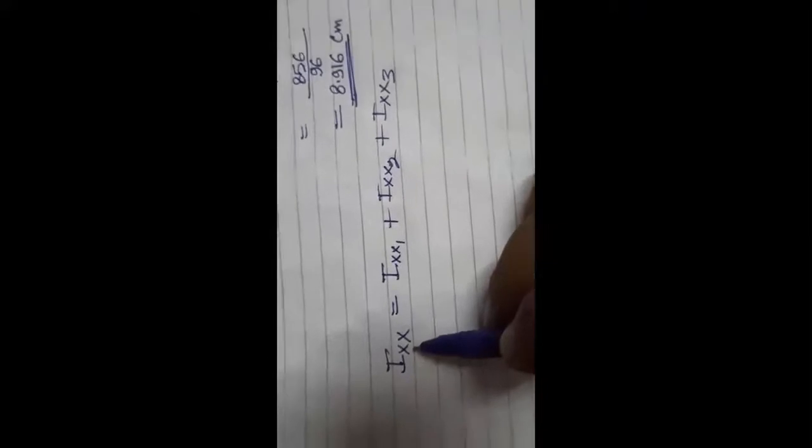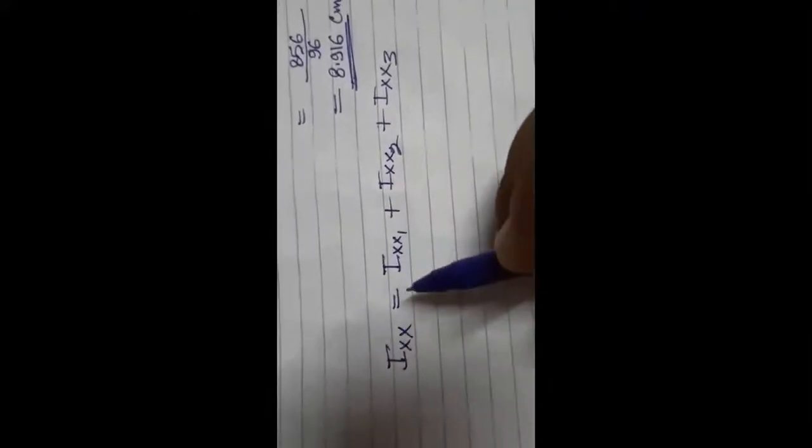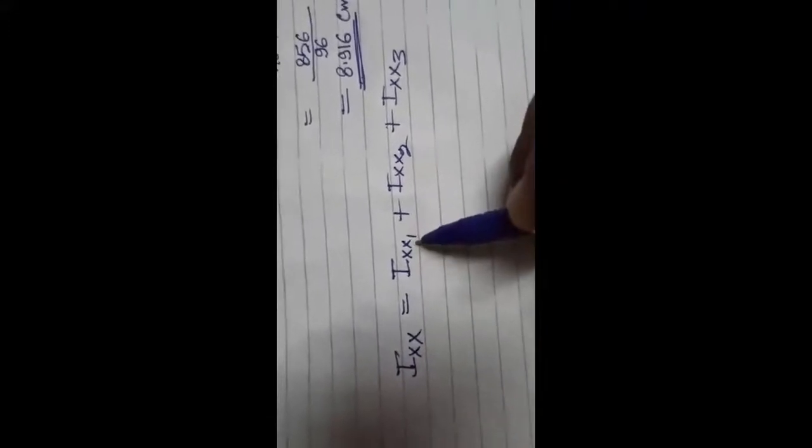So we have to find I-x-axis, and this I-x-axis will be equal to I-x-axis1 plus I-x-axis2 plus I-x-axis3. So this I-x-axis is the moment of inertia of this whole I section about the x-axis line,